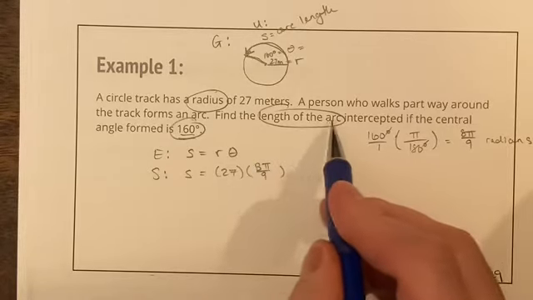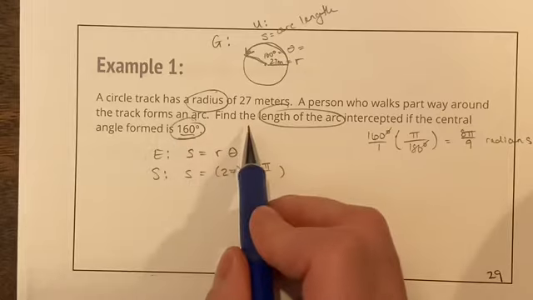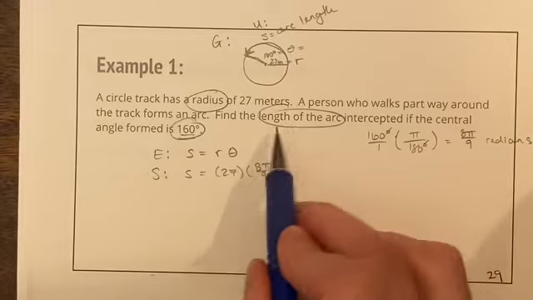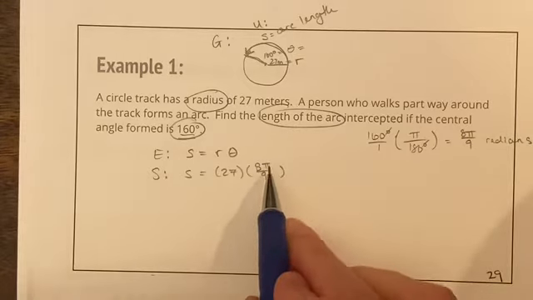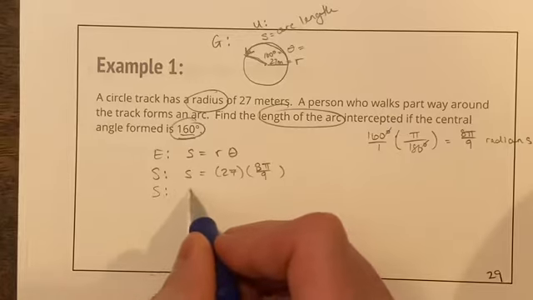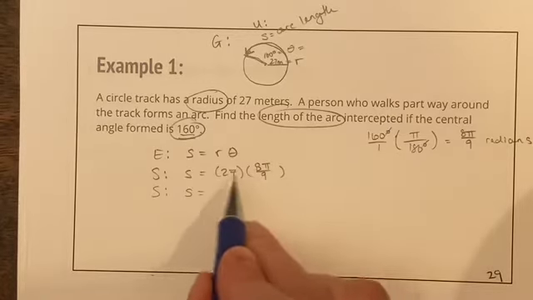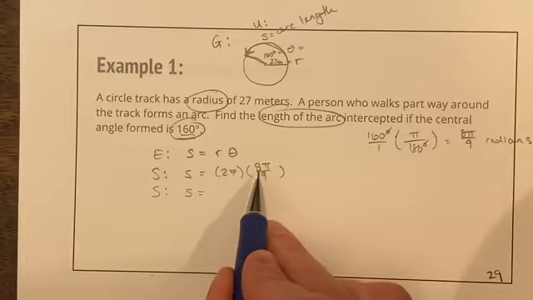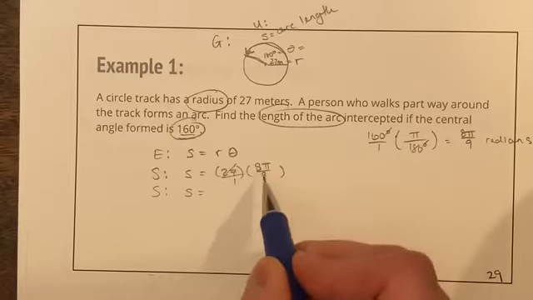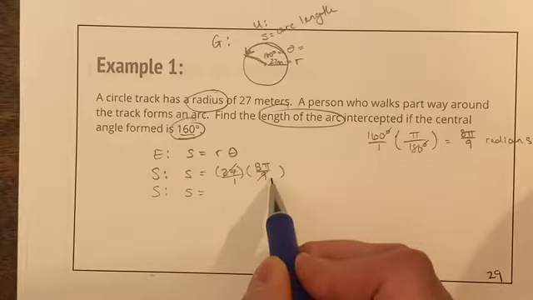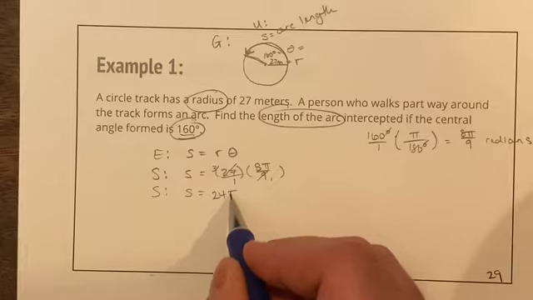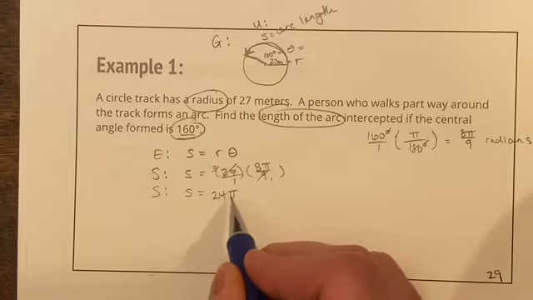It says find the length of the arc intercepted if the central angle is formed. Since this doesn't tell us what to do, we're going to leave it in exact form, in terms of pi, but I'll show you how to round as well. We'll solve this by simplifying what we have. We have 27 times 8 pi over 9. This is 27 over 1, so the 27 and the 9 can cancel. 9 becomes 1, 27 becomes 3. 3 times 8 is 24. So our arc length is 24 pi